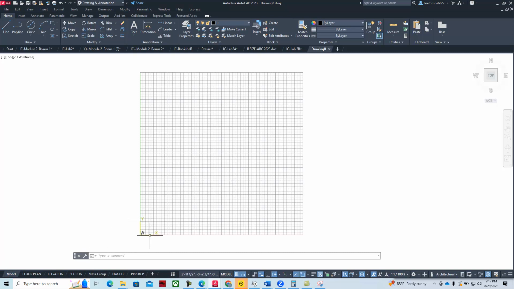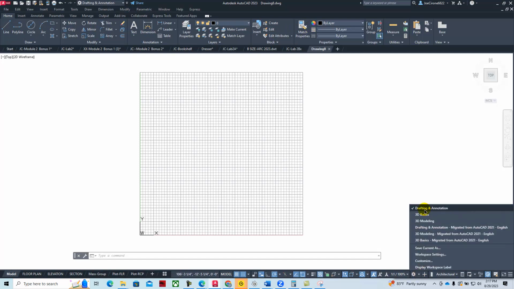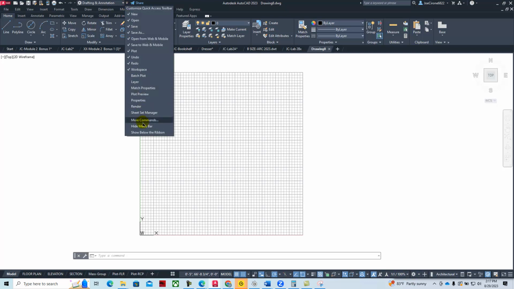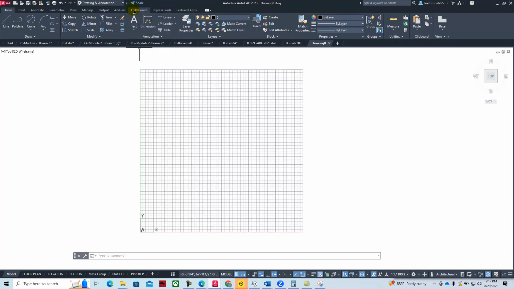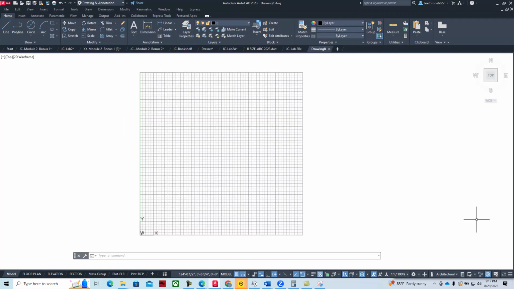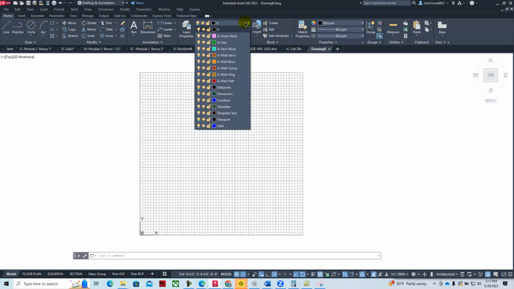Here's our user coordinate system showing the y-axis is vertical and the x-axis is horizontal. We have the ribbon across the top. We're working in the drafting and annotation workspace. We're going to turn on the menu bar. It's actually on, so if I hide the menu bar, we'll show the menu bar. And then we're going to start off on layer furniture,